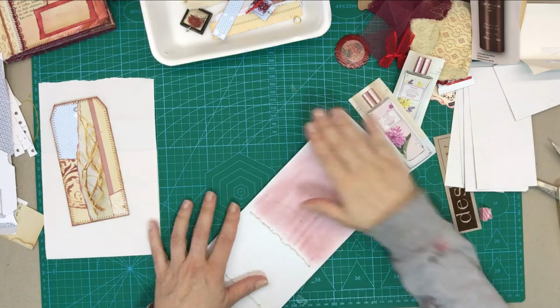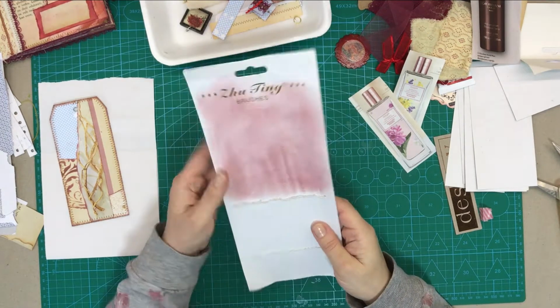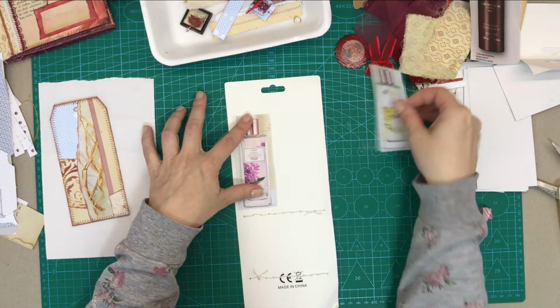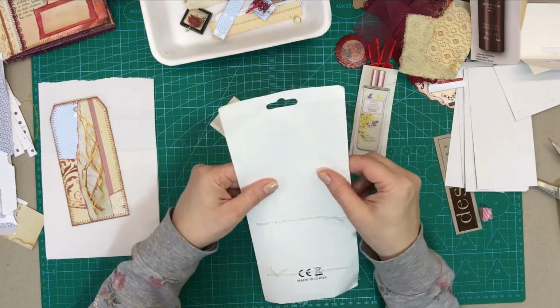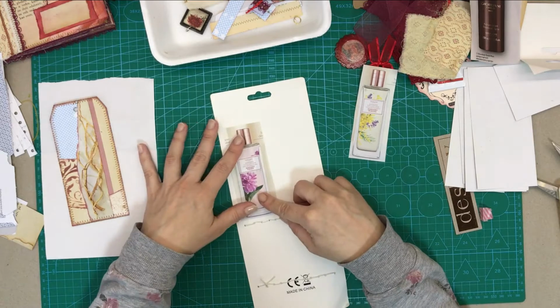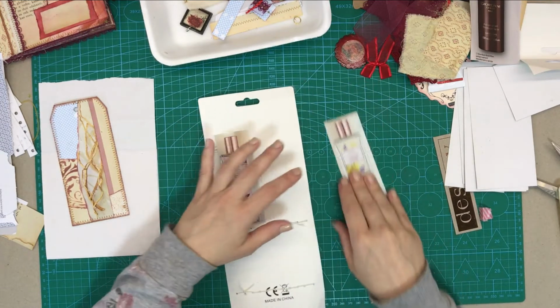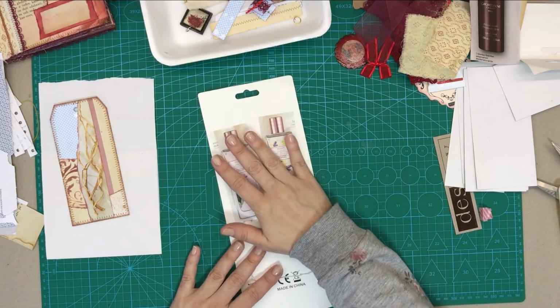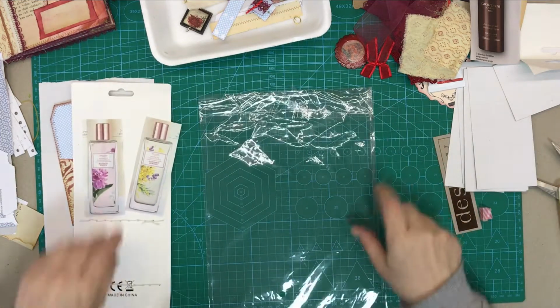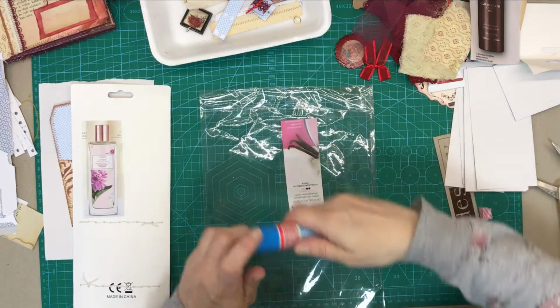Perfect for this. So we can have that on the back, and I'll just glue these pieces on the front. It's not too thick, but it's not flimsy either, so I think I don't need to make it any stronger than it is. So I'll just glue these two first. Let me get some of my